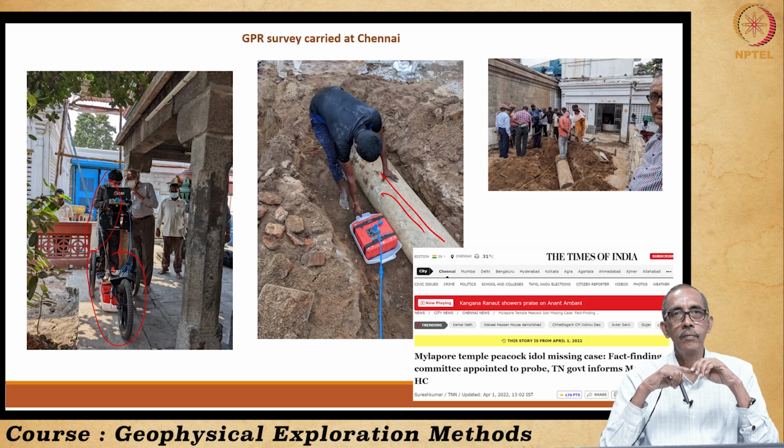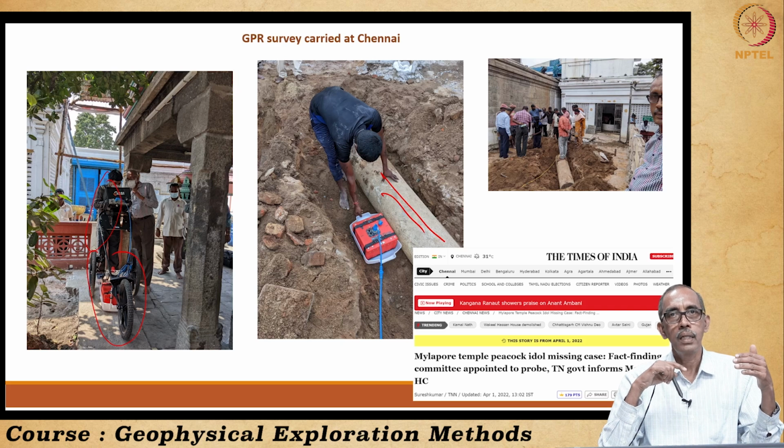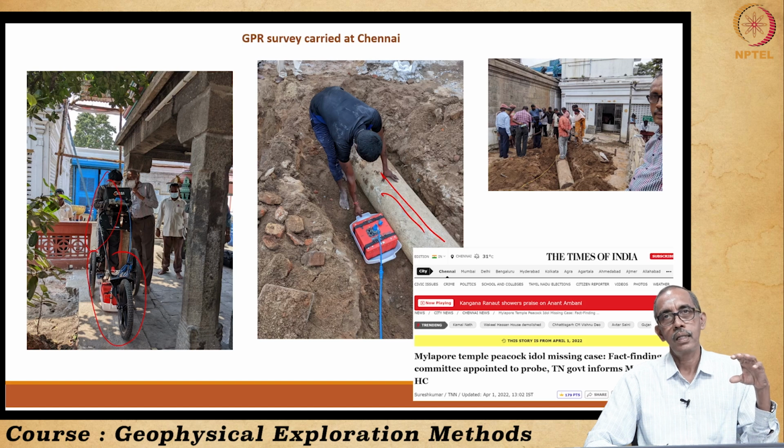So, this is another application of ground penetrating radar. As you can see, ground penetrating radar is very fast, very rapid, because when you utilize this tool at the site, quickly we are able to see the subsurface. So, this is how we can understand the presence of various, especially man-made objects, which can be very clearly brought out by the ground penetrating radar. Also, the discontinuities in the rocks below the surface can be brought out to some extent under favorable conditions.